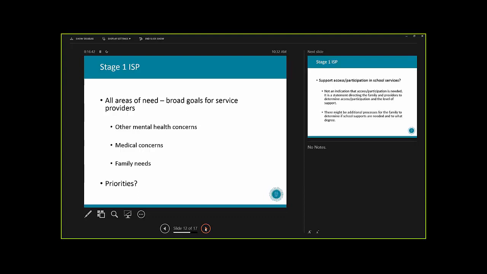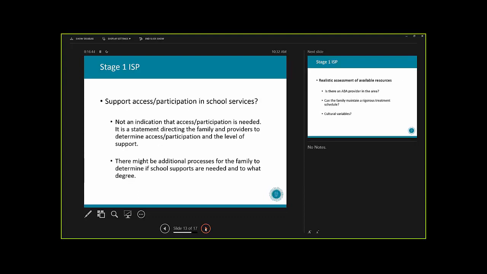So that's something else that you guys should be looking at, and hopefully being communicated to you through the stage 1 provider, through their ISP. There should be some level of communication of priority. Another area on the ISP, one of those 10, is how are we supporting access and participation in school